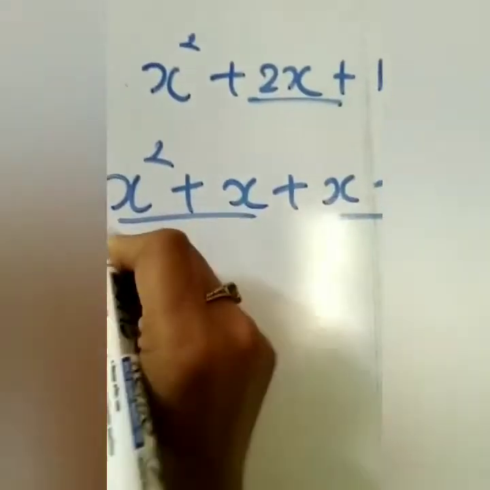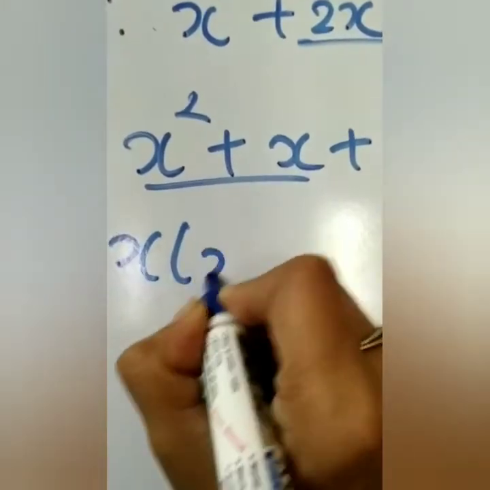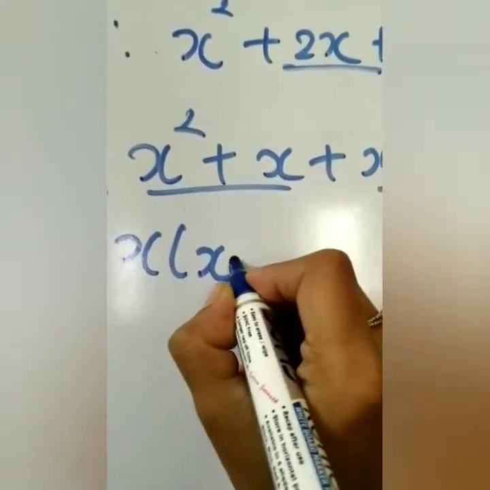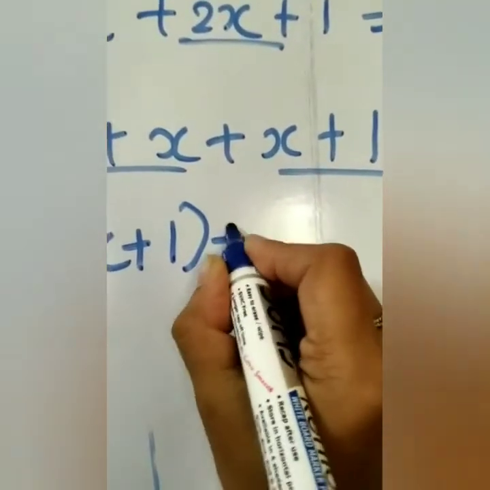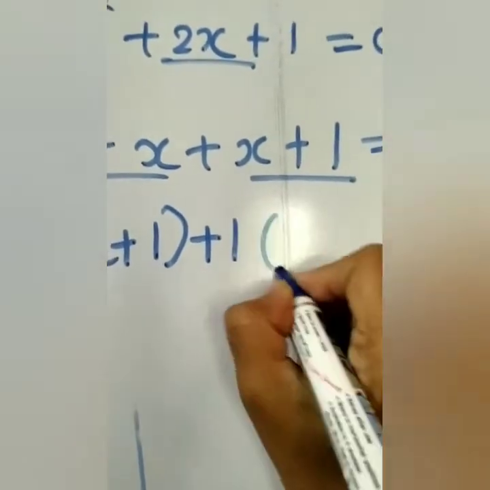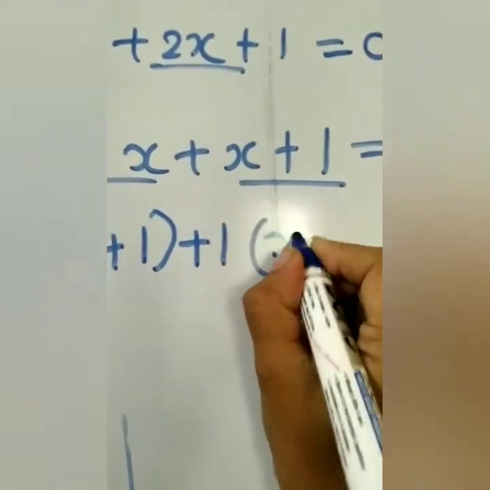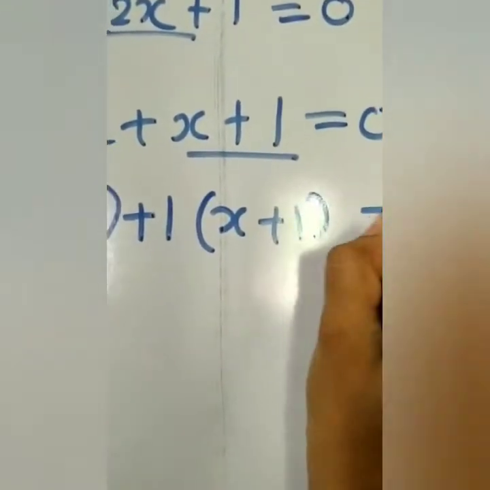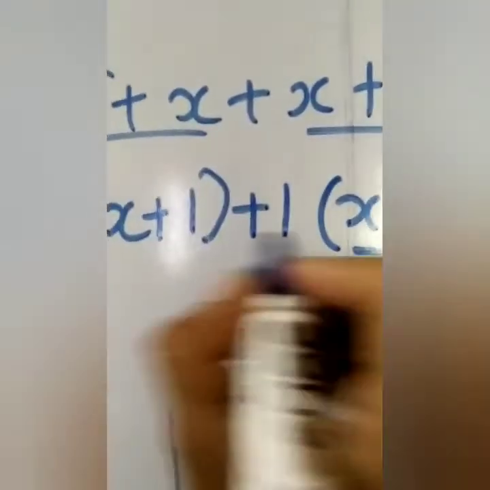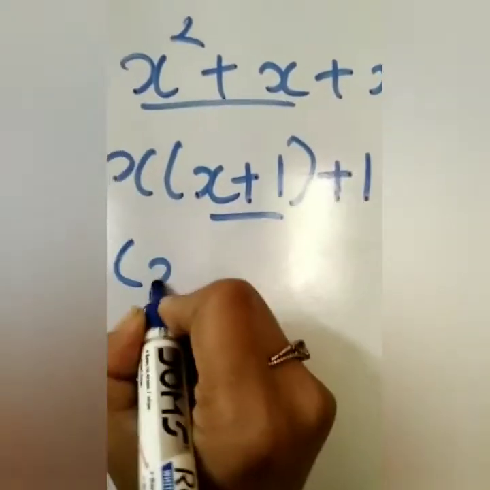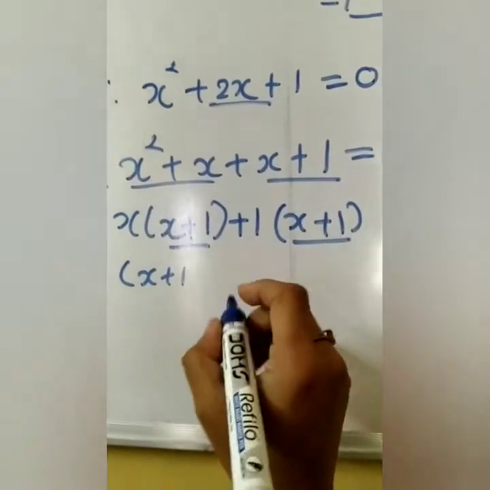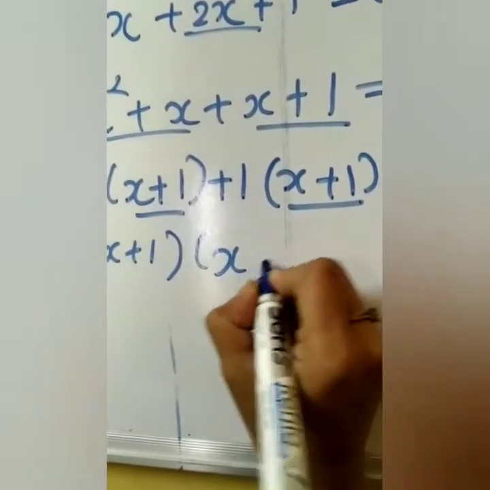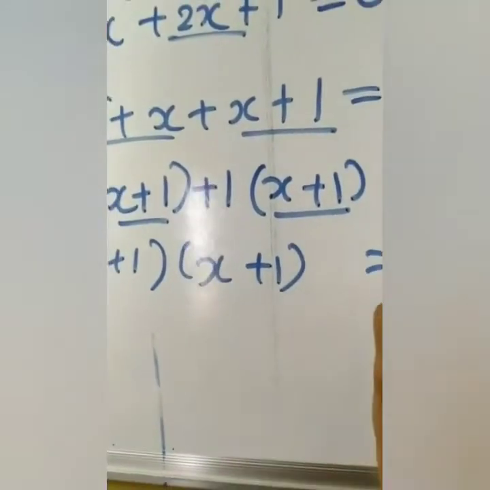If you are taking x common from the first two terms, you are getting x over here, and x you already took out, so it will become 1. Here nothing is common, so you will take it yourself as 1. So in the bracket the same thing will remain. So it will become x plus 1, and that is equals to 0. These two brackets should be same, so we are writing it as 1s. And these two things we will write in another bracket. So we will again write x plus 1. We got both the brackets same.